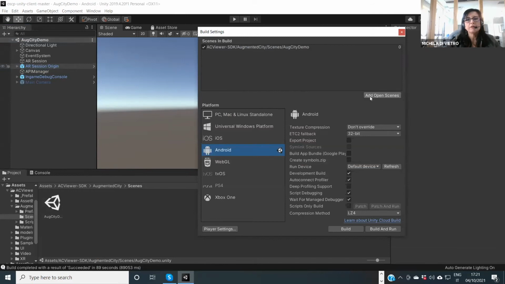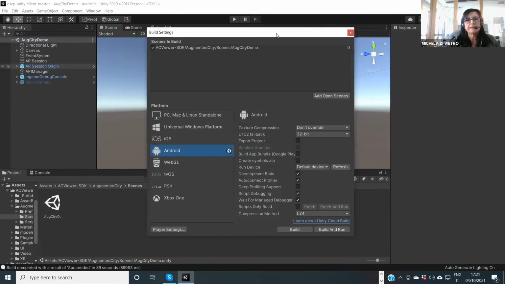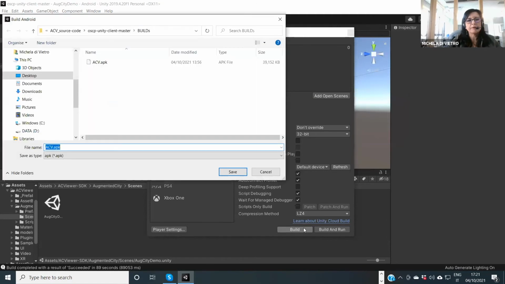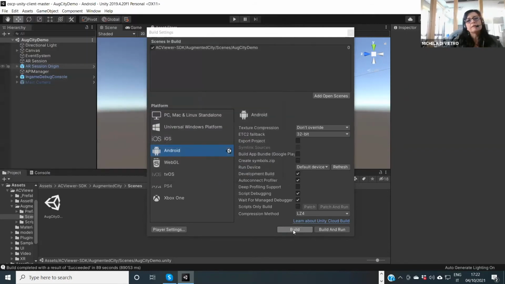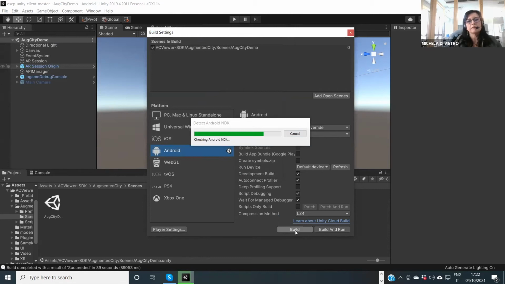Clicking here, you open all active scenes. In this case, I have only this scene, and I can perform the build step. You have to assign a name, for example, SCViewer test, and clicking build, you can generate your APK, and later you can install this APK on your Android smartphone.